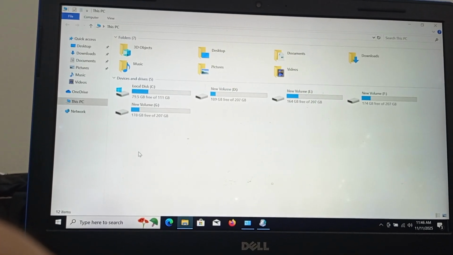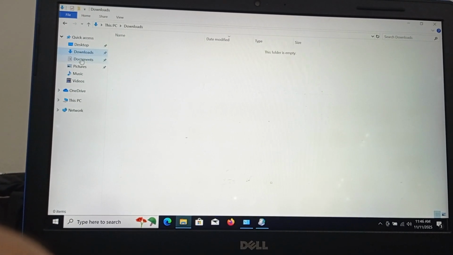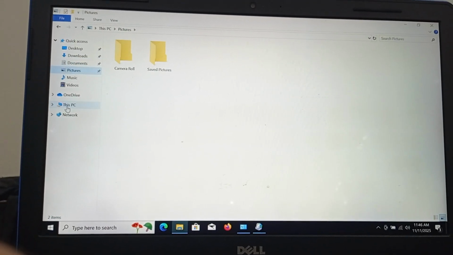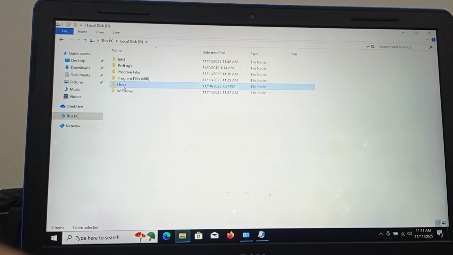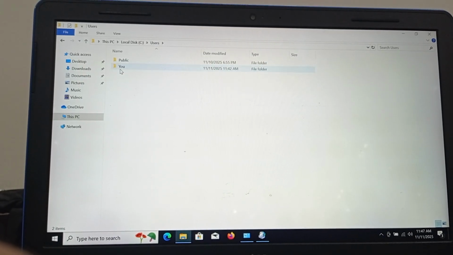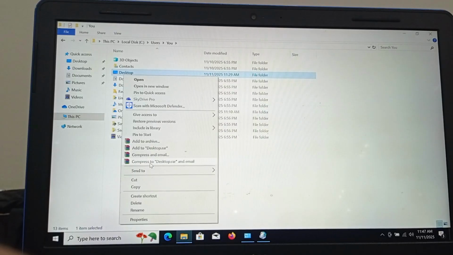How to shift desktop, downloads, documents, and pictures to another drive. Okay, go to C drive, then Users, then your user folder, then Desktop, right click,